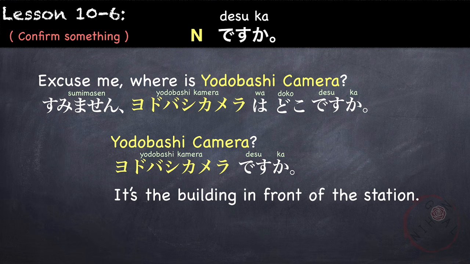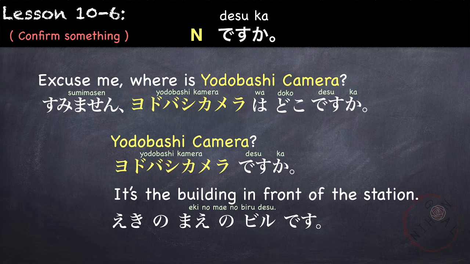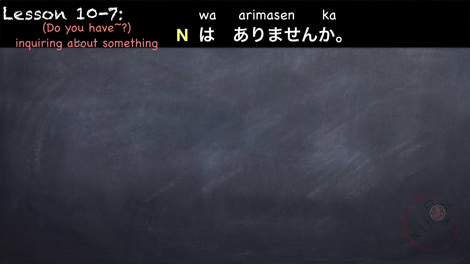It's the building in front of the station. 駅の前のビルです。駅の前, in front of the station's building, ビル. It's the building in front of the station. 駅の前のビルです。